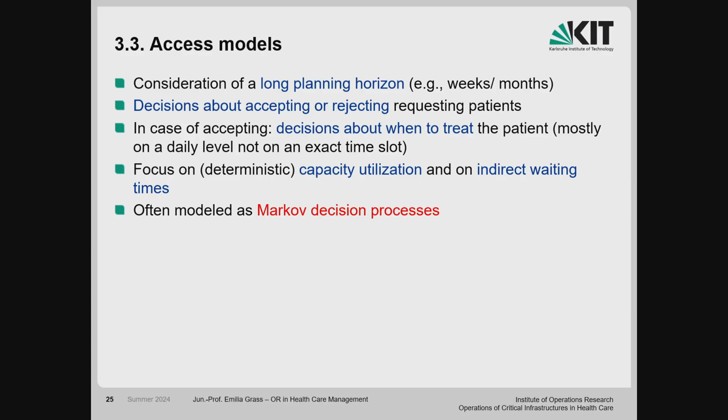Basically it states nothing else than that the future state of a process depends only on the current state. So the future is independent of the history and of the past, which is pretty convenient for mathematical modeling because you only need to know what the current state is and you don't need any kind of historical information. Which often makes sense because the next patient and the treatment of the next patient is often independent of the previous patients.